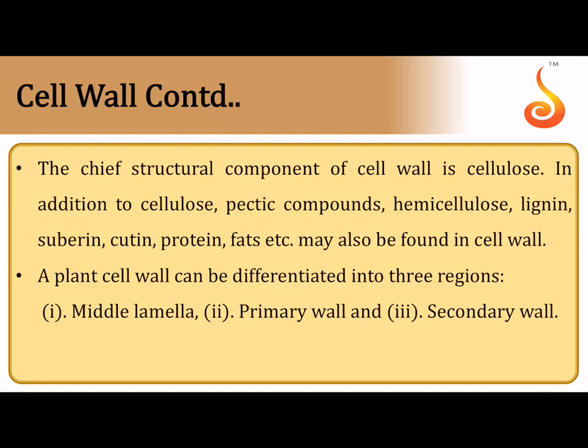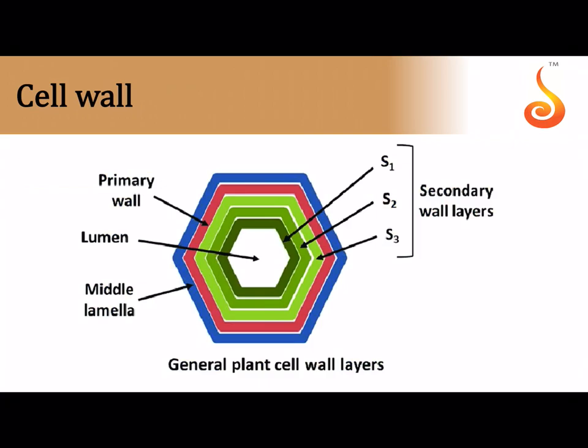Now we are going to concentrate specifically on the cellulosic cell wall of the plant cell. In the next picture, it will be very clear to you. In the lumen, you will find the actual cell of the plant, the plasma membrane with the nucleus in the periphery and with a vacuole in the center. Here it is called lumen, but I am showing you the cell now. So what do I call this cell which I am considering independent of the cell wall? I can call it the protoplast. So the protoplast has a membrane, it has a nucleus which is sitting in the corner and a vacuole. It has all sorts of cell organelles.